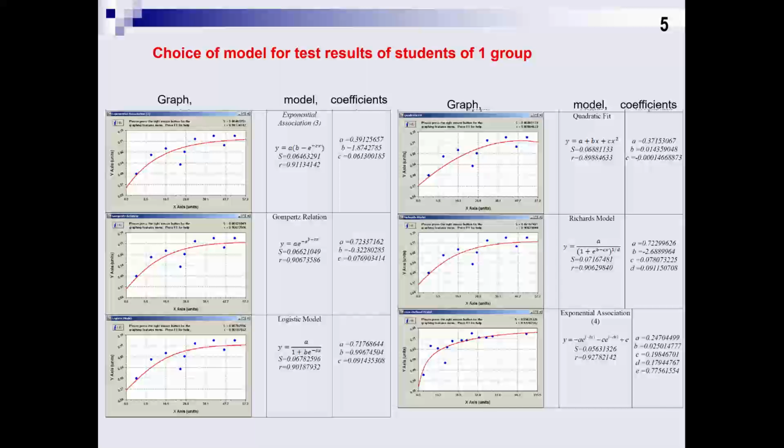Already in the first works on this problem, Bryan, Tolman, and Moss, and then Clarin, Novikov, and Westerland, examining the learning curve, note that the learning process at the beginning goes rather quickly and then slows down. The resulting dependence resembles a curve that corresponds to first-order aperiodic blocks or a sequential combination of two first-order blocks.